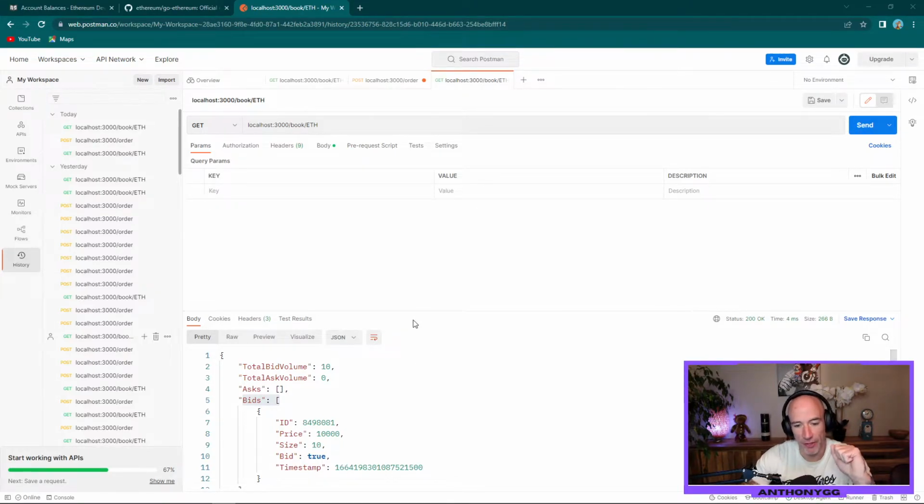So what needs to happen is, if we place this bid, we need to identify the user that places this bid, and we need to grab 10 ETH out of his wallet, put it into our own wallet, and if this order is getting executed,